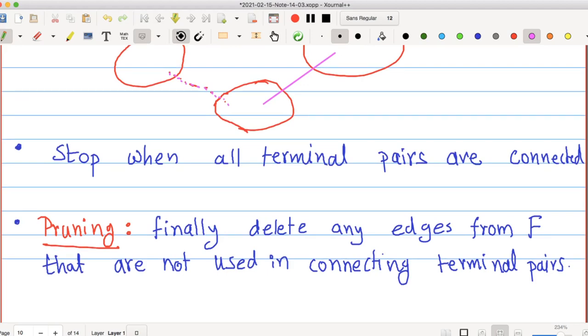In this forest, you see what are the paths connecting your terminal pairs, right? For each terminal pair, there will be a unique path in this forest. That's easy to find out. Any edges which are not participating in these unique paths, those you can delete. That is the pruning step, and that finishes the algorithm.